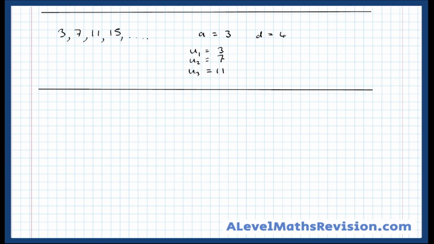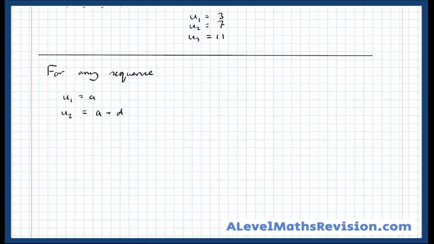Right, so let's have a look now at deriving a formula for the nth term of an arithmetic sequence. So, for any sequence, U1 is always A. U2 is A plus D. U3, the third term, is A plus another D, so A plus 2 Ds. U4 equals A plus 3 Ds, all the way down to the nth term,